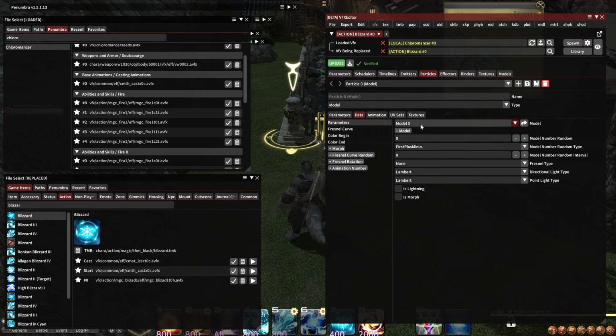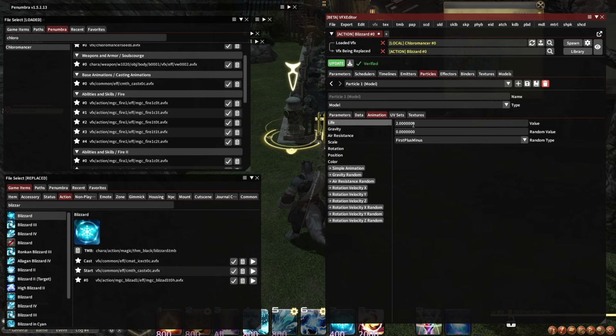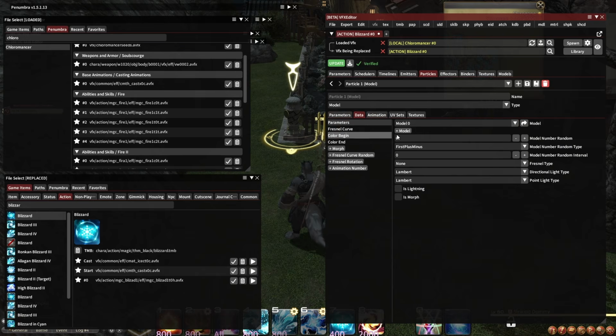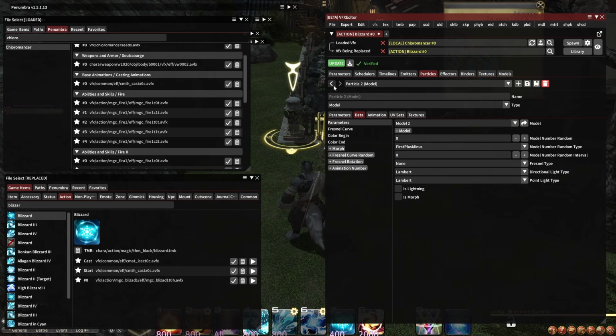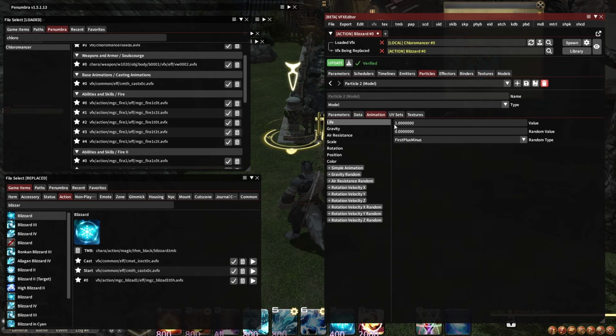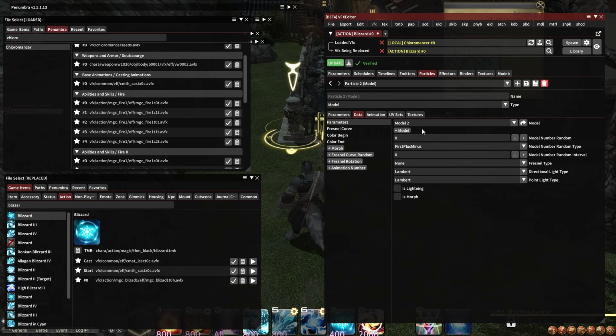And that is set to model 0. So I will duplicate that. The second one, I will make 1 frame. And I will change the model to 1. And then copy that so it'll make this new one 1 frame. And change the model to 2,